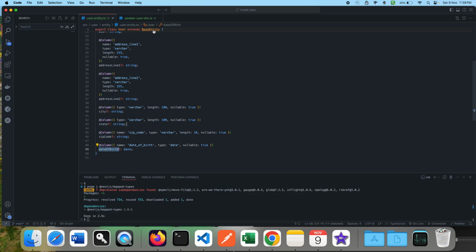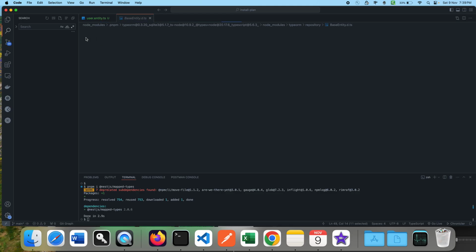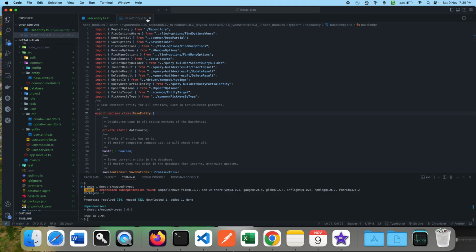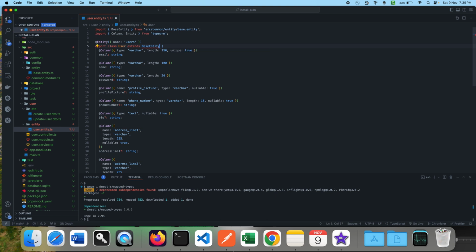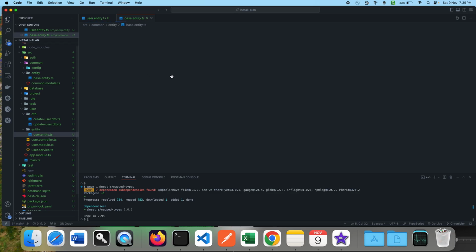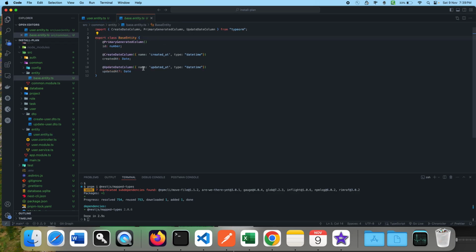Let me verify base entity as well again. Okay, I think I imported incorrect base entity, so this will not come from this. Instead it will come from our custom base entity. Okay, let me go back here. In this we have already renamed it, created it, updated it. Okay, now